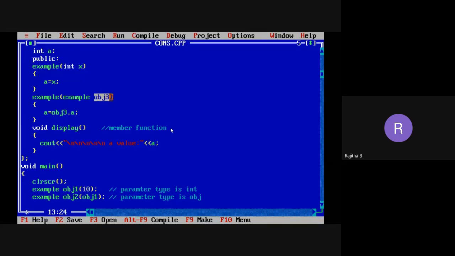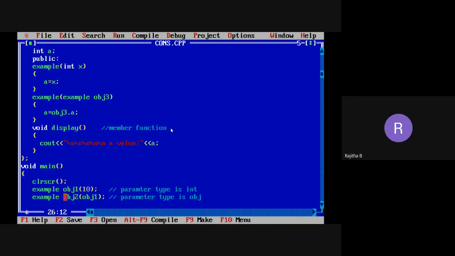What is the value of x here? 10. Why? Because we are passing the value 10 here. Listen carefully. What is the value of x here? 10. Yes, good. Is this clear? So 10 is passed here, and that will be copied into x.